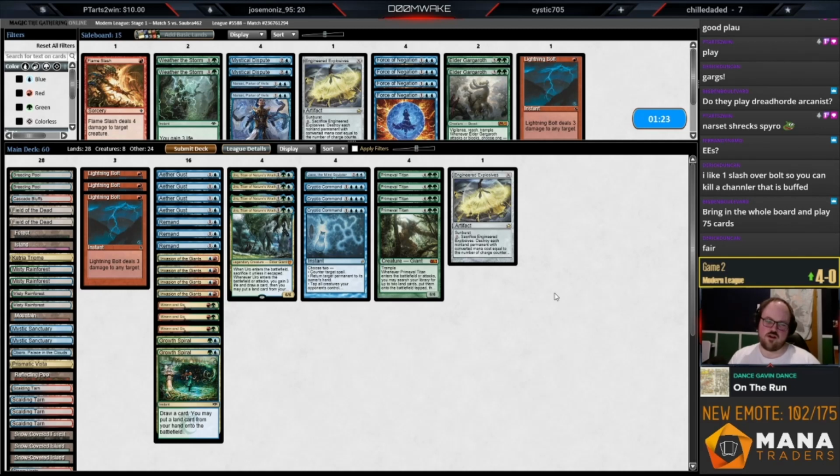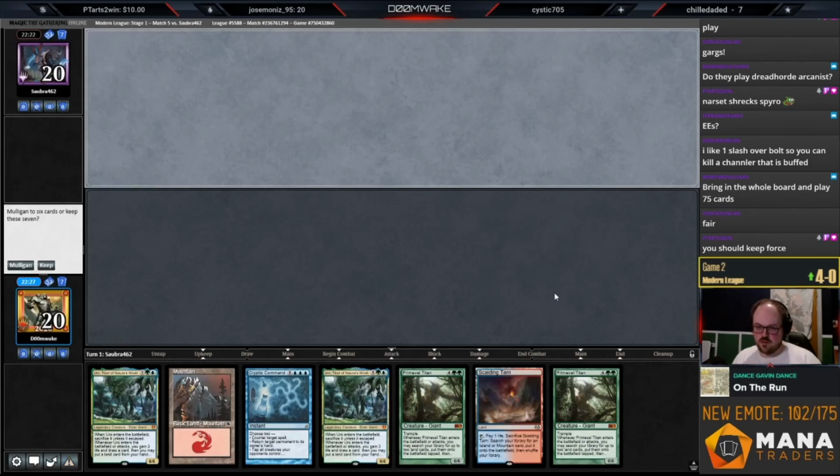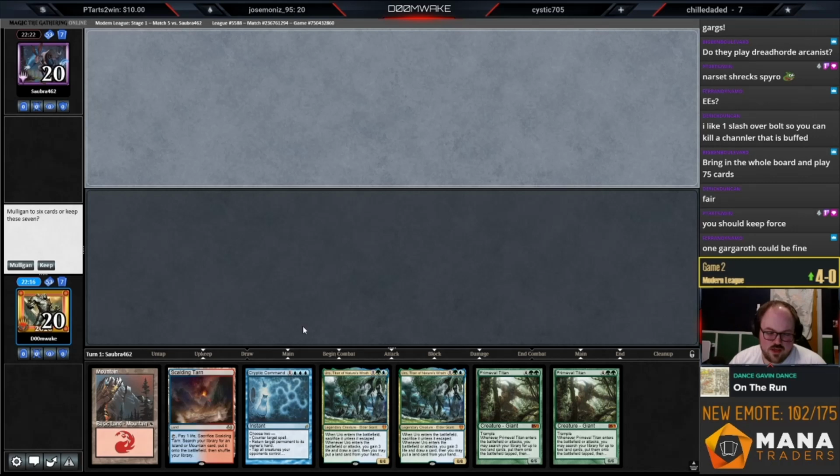Maybe I should bring in Gargaroth. I'm not sure. I think I should keep Force. I really don't like Force against the Thoughtseize decks. I really, really don't like Force against Thoughtseize. I don't think I can keep this hand because of the basic Mountain, and that doesn't cast Uro. If this was a Forest or an Island, maybe I could see keeping this hand, but...